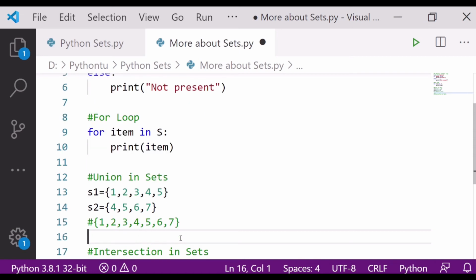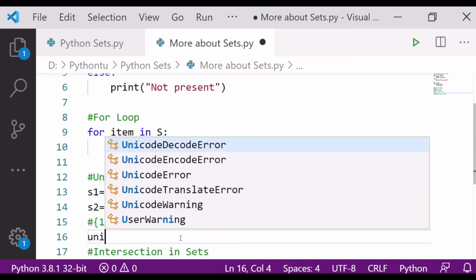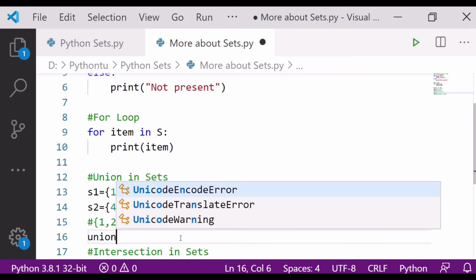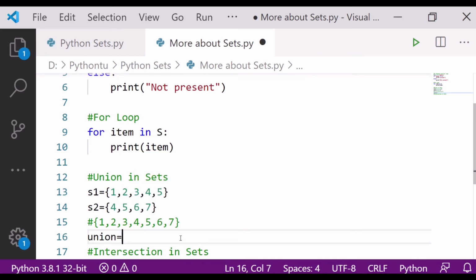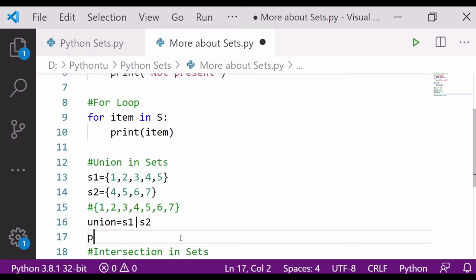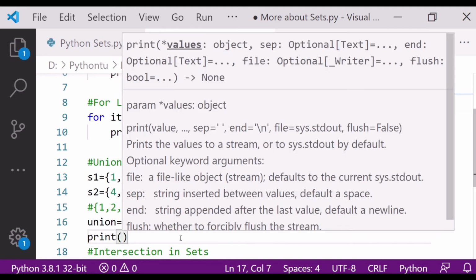Suppose I create here union is equal to the union of S1 and S2. For union, what do we use? We use pipe. S1 pipe S2, so it will combine them. After this I'll write print union.